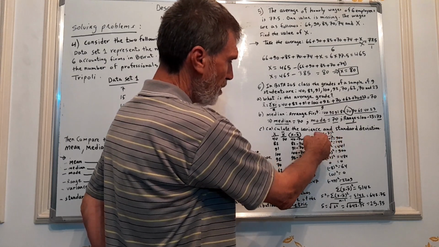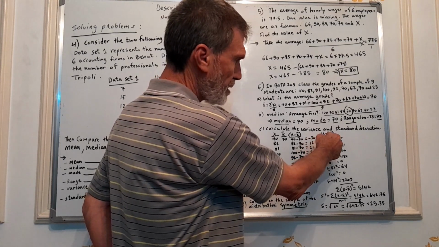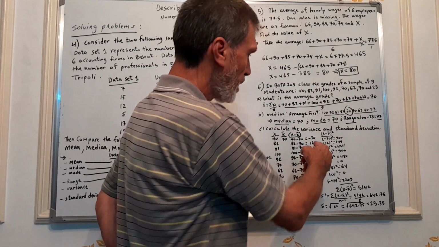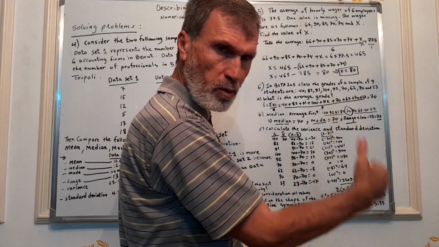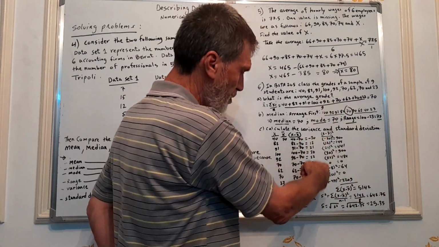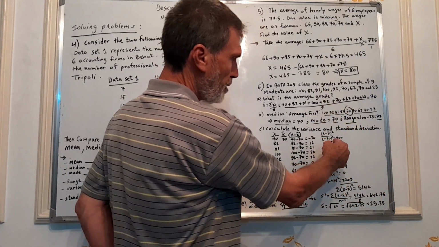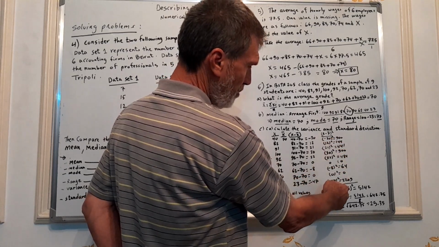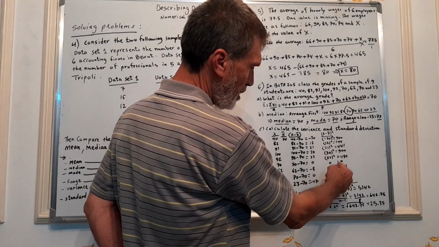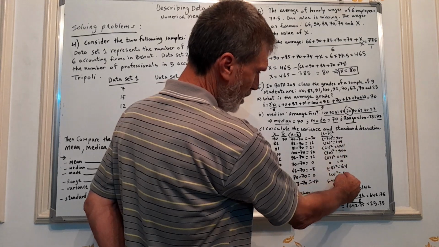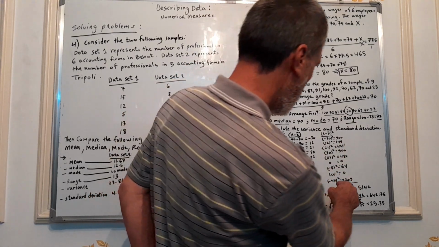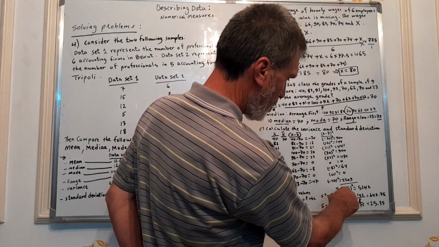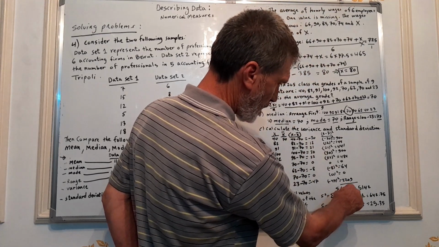Now, the fourth column is X minus X bar squared. So I get minus 30 squared. You're going to get positive values because we are squaring all those values. Squaring all of them, which is X minus X bar squared, we come up with all these values. Now, this is of course the summation of X minus X bar squared, which is equal to